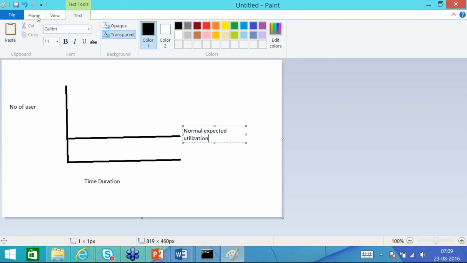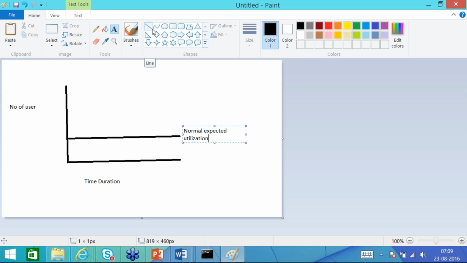Now, say this is the end of the month, 31st, around 9 to 10 a.m. Say suppose the salary gets credited to the employees' accounts. So most of the users would be checking their account at that particular time. Users increase, and at a particular time there is a lot of load, say 9 to 10 a.m., because they need to check whether the salary has been credited.